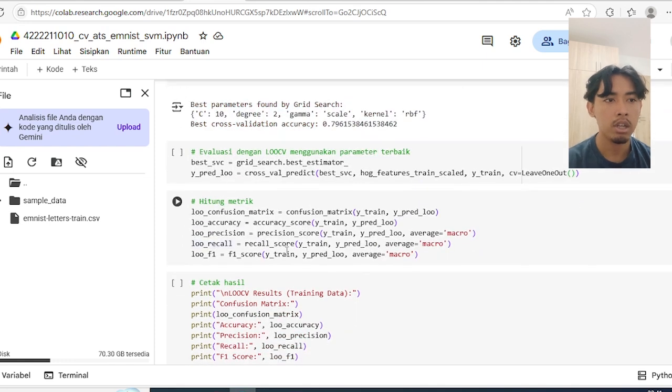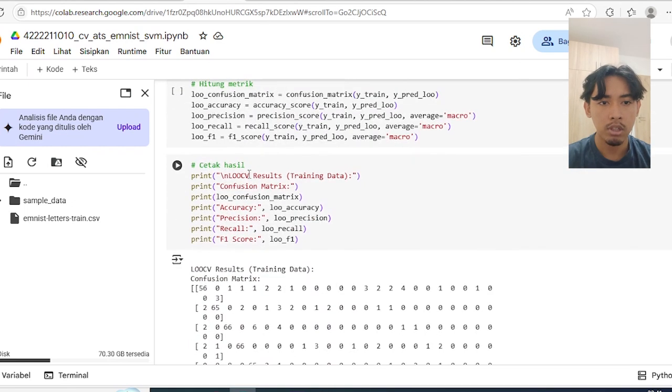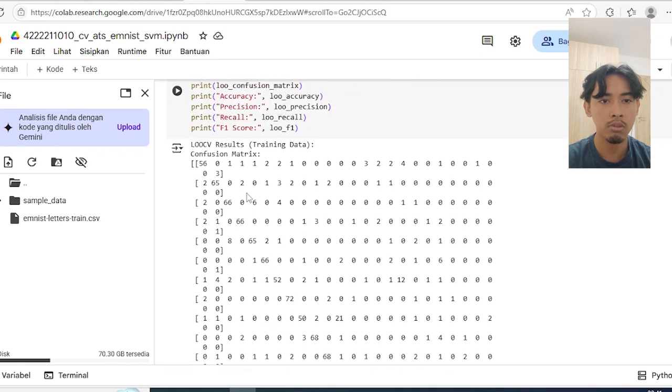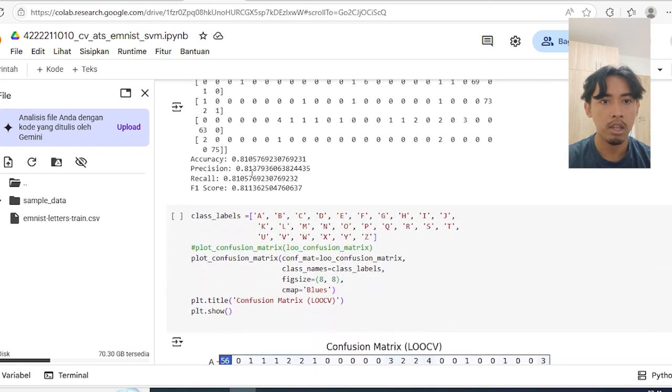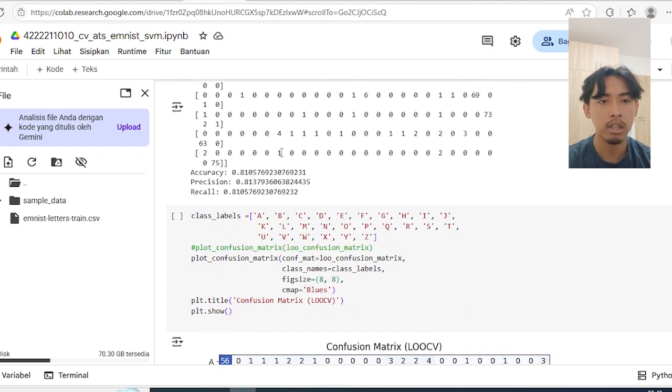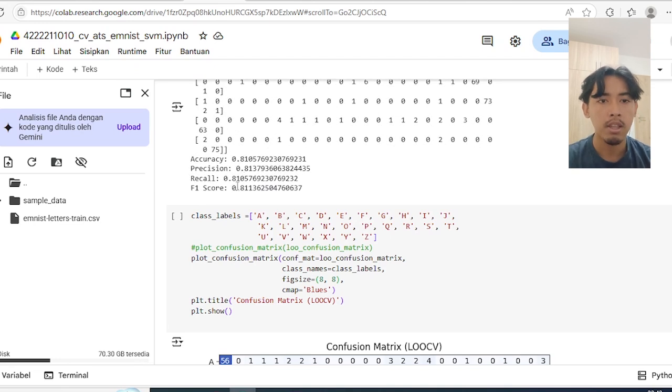And then I do the evaluation using LOOCV, or leave one out. This is the line for the evaluation to get the confusion matrix, accuracy score, precision score, recall score, and F1 score. After that I print out the result. This is the result for the confusion matrix, and then the accuracy, precision, recall, and F1 score for the train data. The result is 0.8 and something. If it's close to 1, it means the classifier is good.